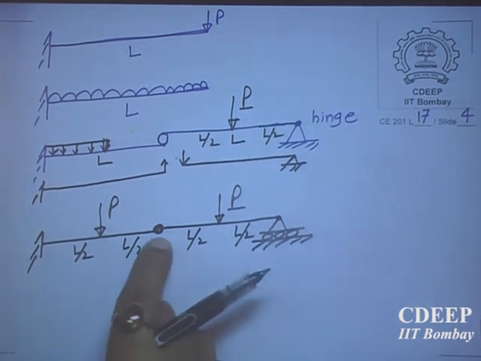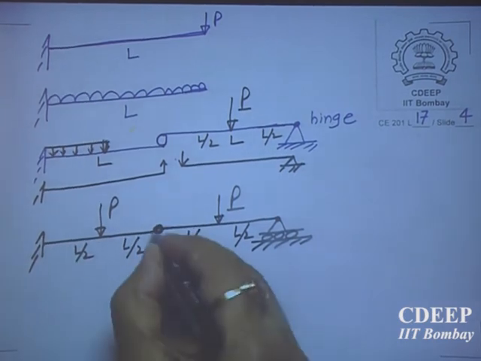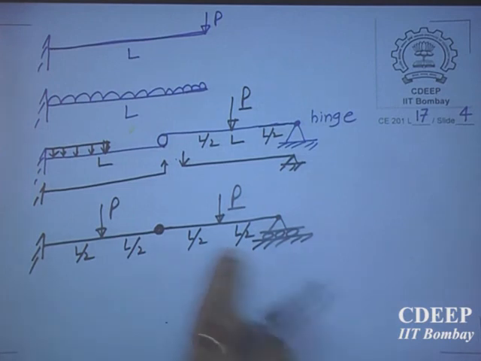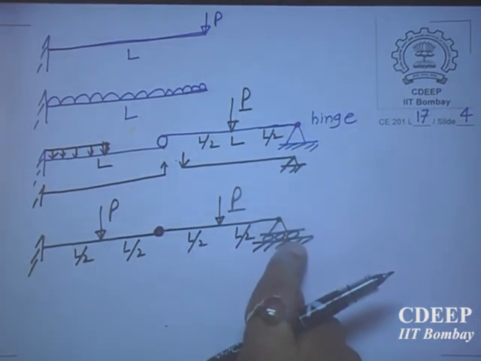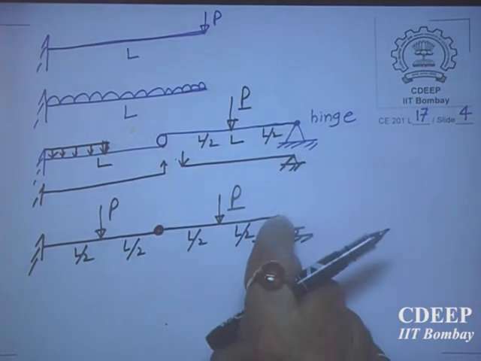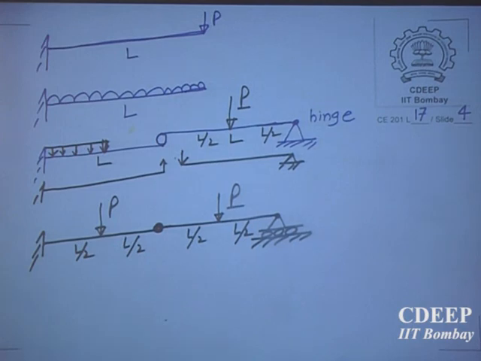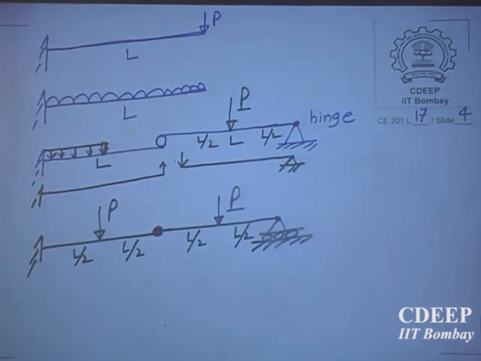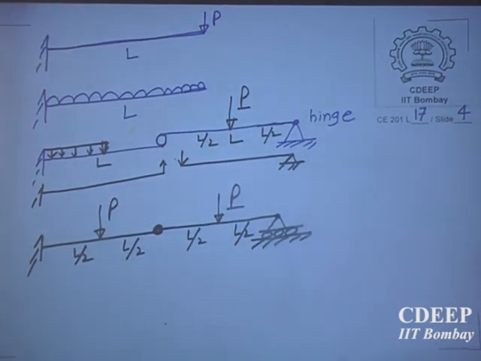Why I have put a roller here, I mean hinge here? You know that means there is a pin. I have put here a pin in the center. The reason is even with pin this will be stable, because if I make this also hinge, then it becomes indeterminate. I want to have this determinate so that you can find out all the reactions. So you will be able to find out all the reactions. This is the minimum support.